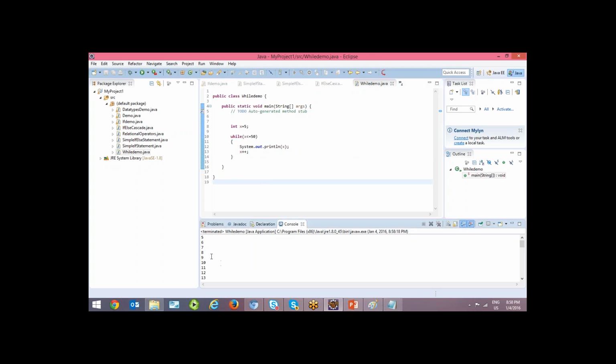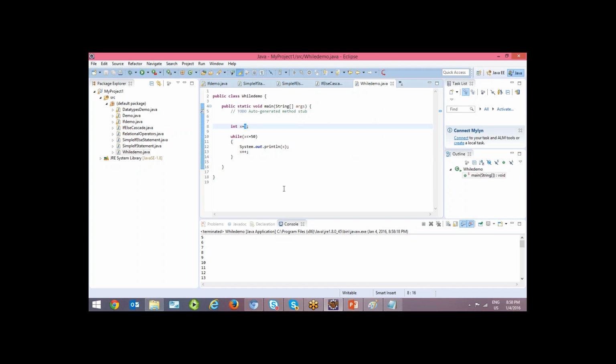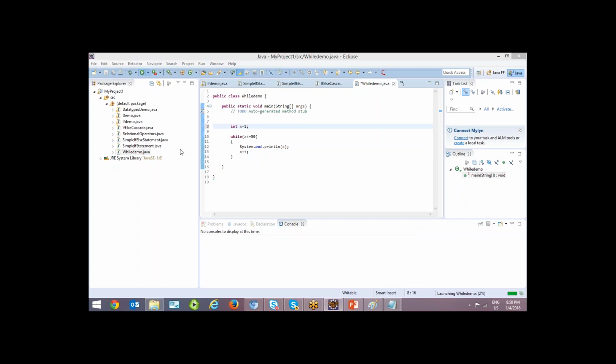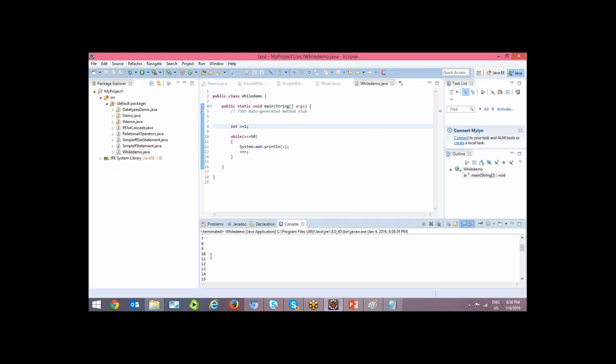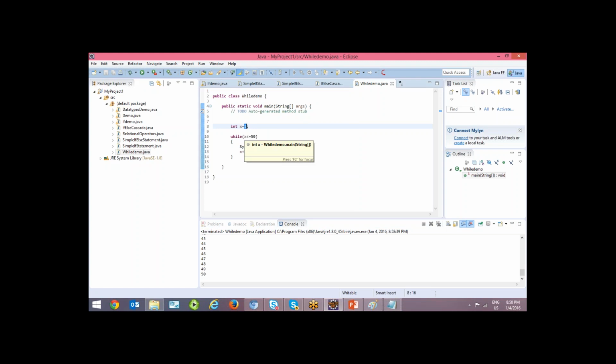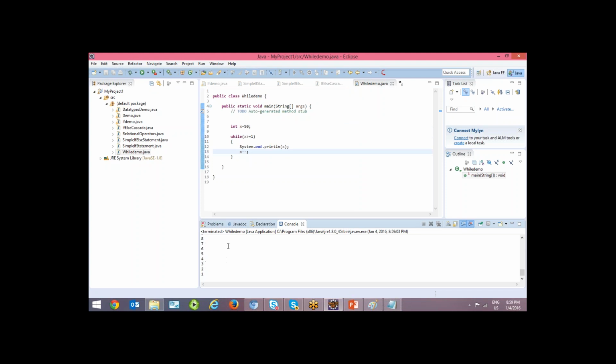And this can be done in reverse as well. Suppose I start with 1 and 50 and increment every time with 1, you are printing from 1 to 50. Now if I would like to print in reverse, I can say the starting number is the higher range. And here the condition should be reverse, greater than or equal to 1. And here you can say minus minus. So that 50, 49, 48 like that it will be decrementing. Either way you can repeat from lower to higher or higher to lower.